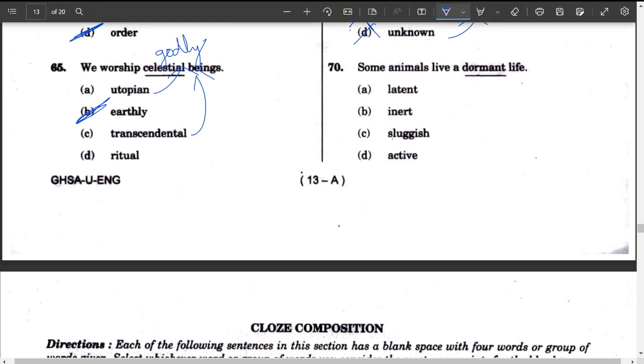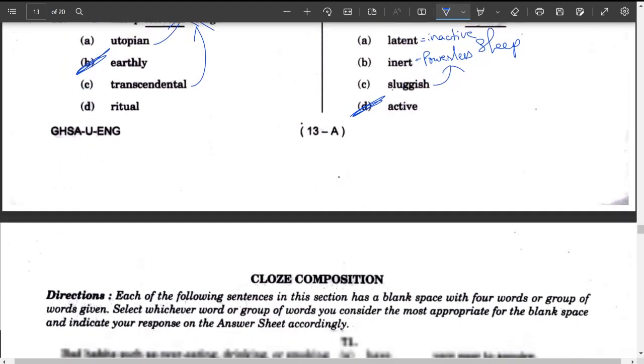Next, some animals live dormant. Dormant in the sense of complete sleeping life. They always sleep. Latent. Latent is anything that is inactive, dull. Inert is also the same thing, comes as a meaning of powerless. Sluggish, weak, lazy. Active comes as antonym here. Dormant and active are opposite to each other. Next,